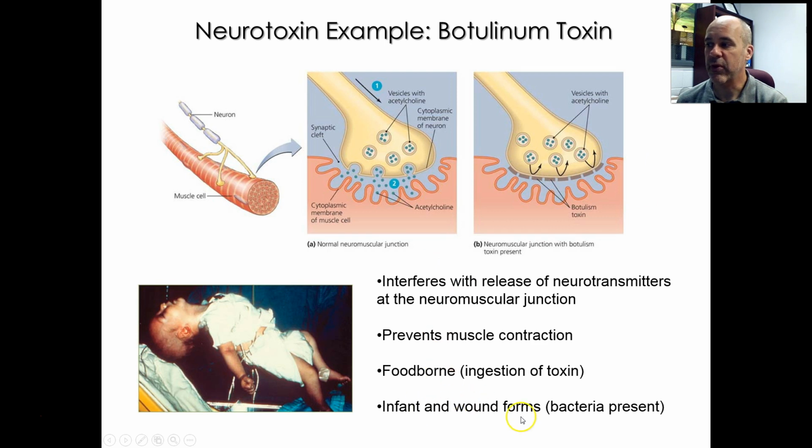There are also wound forms of botulism, kind of like with tetanus. If you get an anaerobic wound area where you've got enough damage that the blood supply is cut off to some of your tissues, and if Clostridium botulinum bacteria get in there, they can colonize and begin to produce that toxin. So kind of nasty stuff, but as you guys know, we hear about Botox today being used to